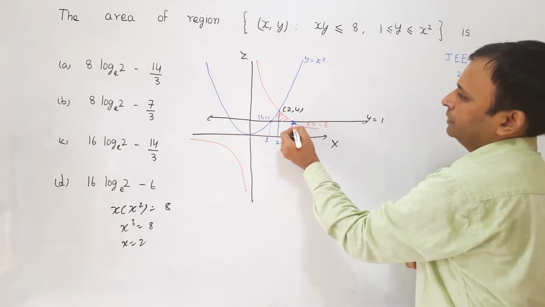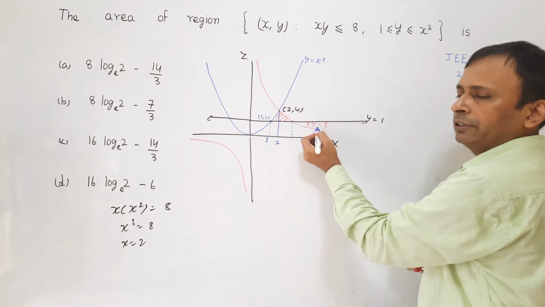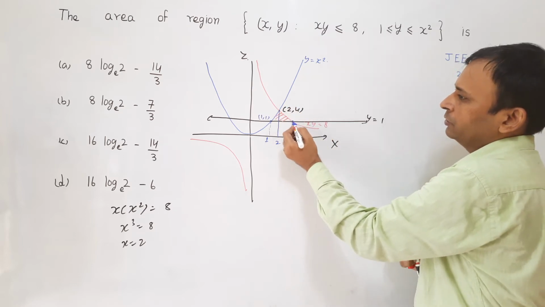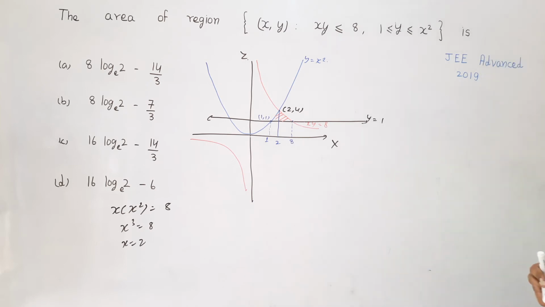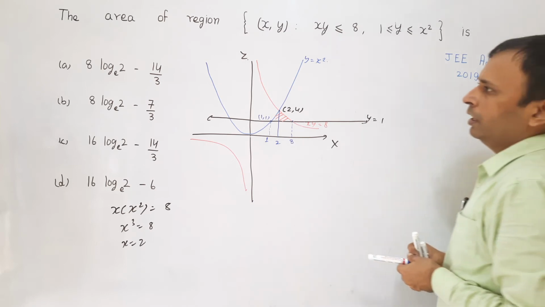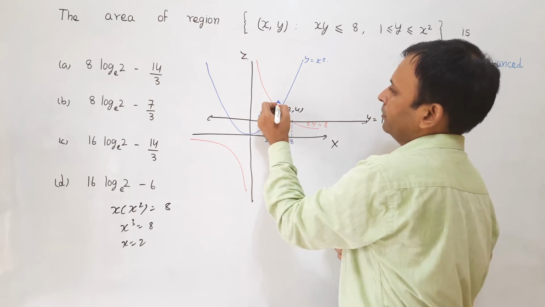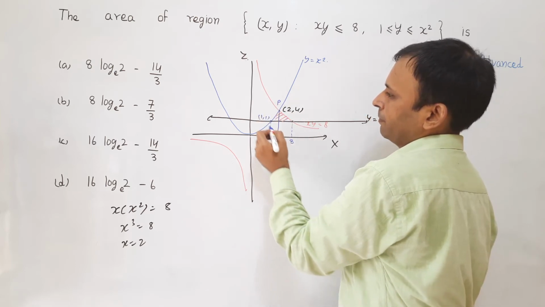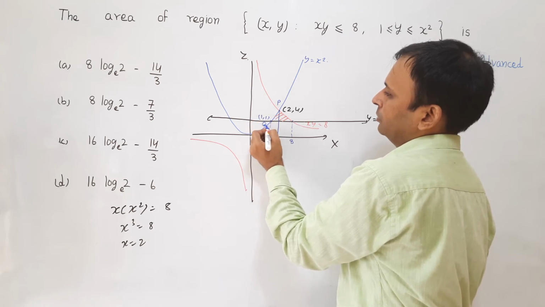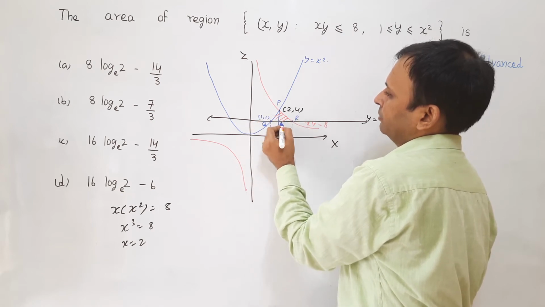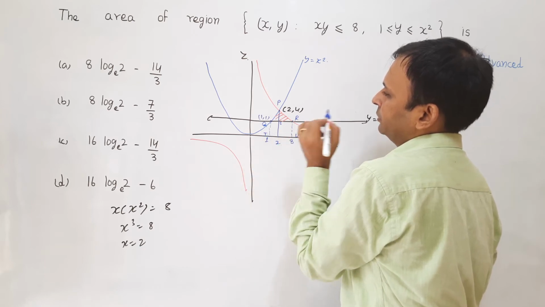What would be the x coordinate of this point? Now here if you see y is equal to 1 for this point, so if y equal to 1, obviously x into y equal to 8 means x is equal to 8. So this point will be having x coordinate equal to 8. So on the x axis I will mark x equal to 8. Now let us name these all points. Say this point is P, this 1 comma 1 point I will take as Q, this point is R, this point is S, and this point is U.